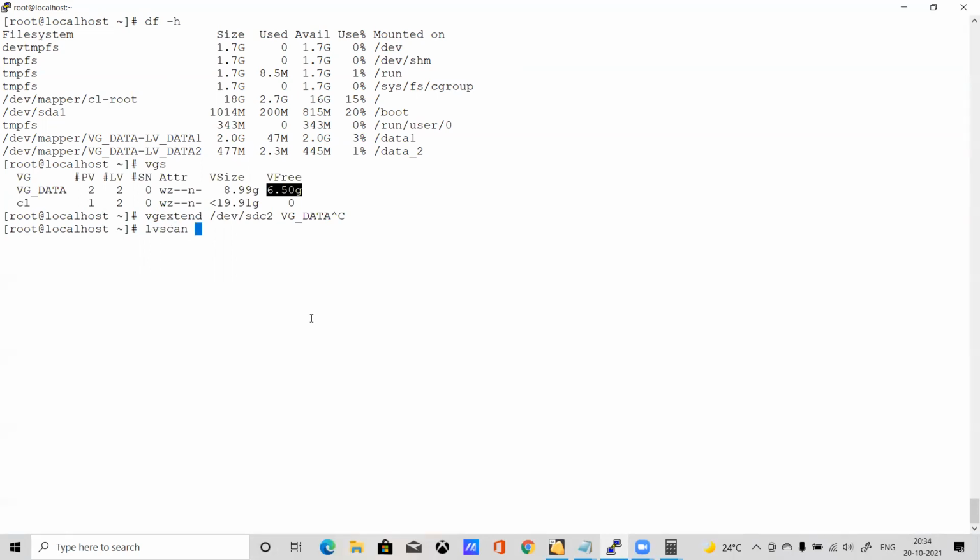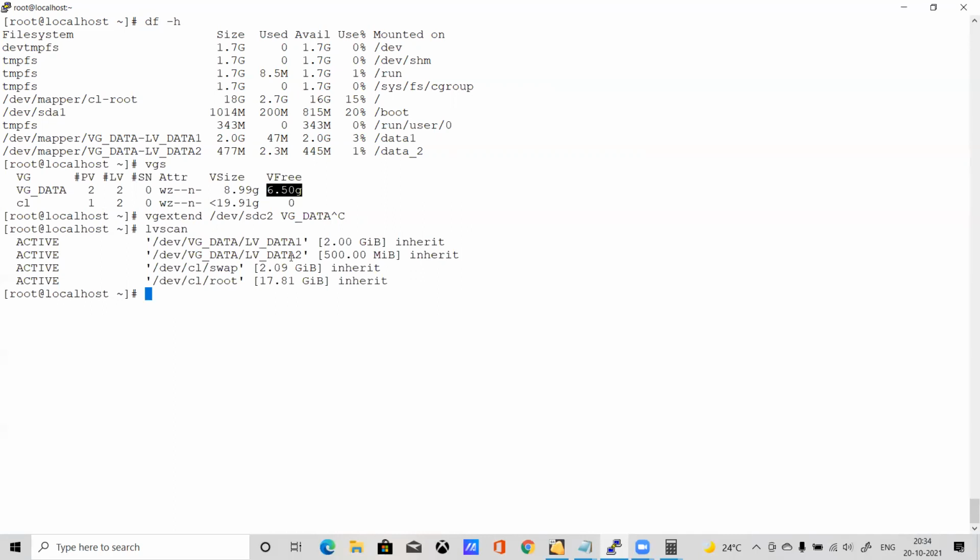Run lvs, and I want to extend this 500, let's say by 1 GB. So how can I extend? I will use lvextend with -L. Make sure the plus must be here. I want to create 1 GB more, with the complete file system name.